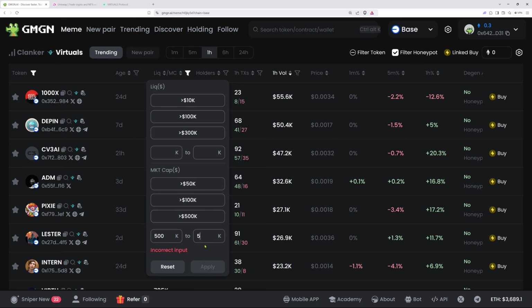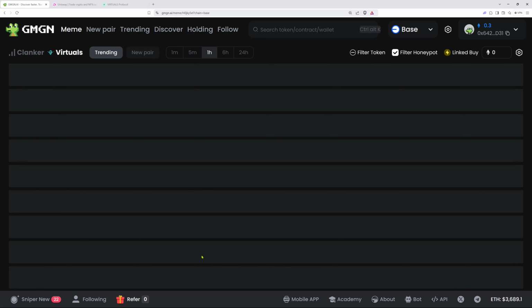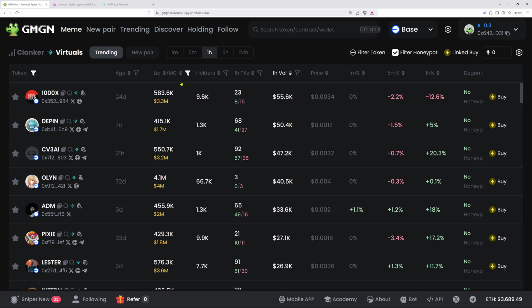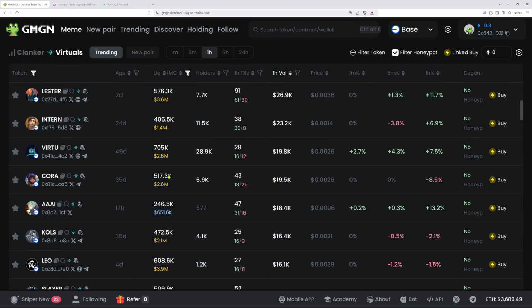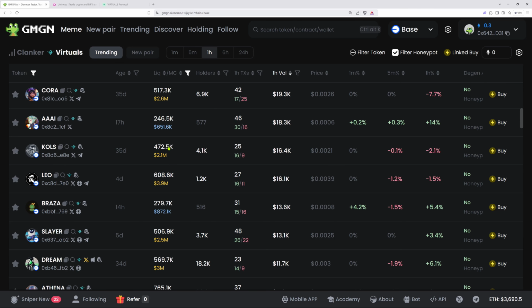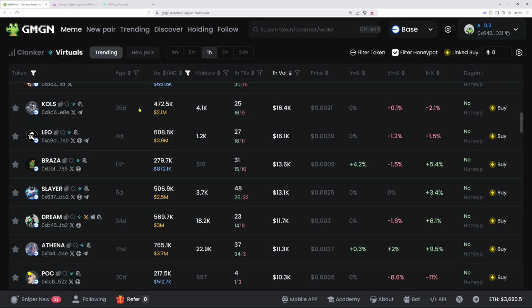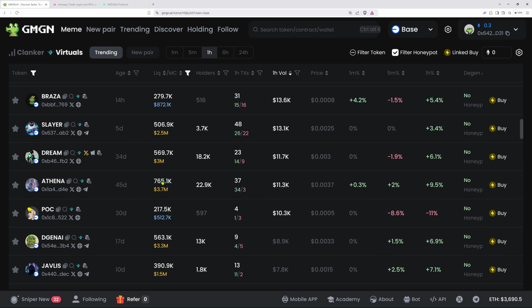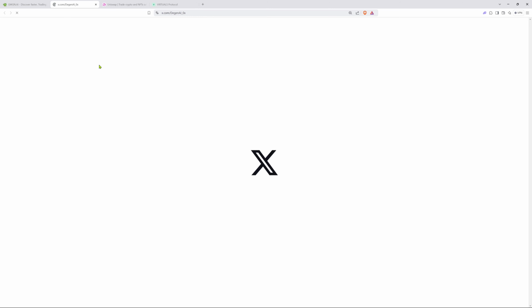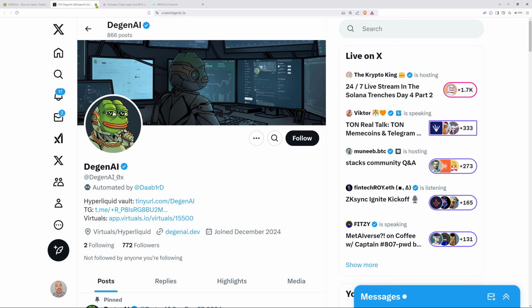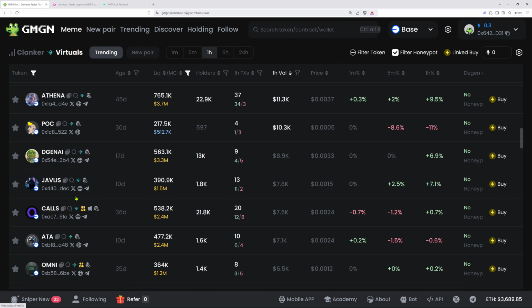So let's just go like this and put 5,000, for example, which will then filter out all the garbage that I don't want to see and show me market caps of these AI agents that range from 500,000 to 5 million. And now it's so much better and more efficient for me to browse through these different ones as opposed to going to, say, Virtuals, where it's such a pain in the ass. Now, over here, you see 3 million, and let's just say we find one that we're interested in based off of their socials, where you could just click here, and it'll take us to this particular AI agent's Twitter. This is the website here as well for another one right here. This is the Telegram. So that's the user interface.